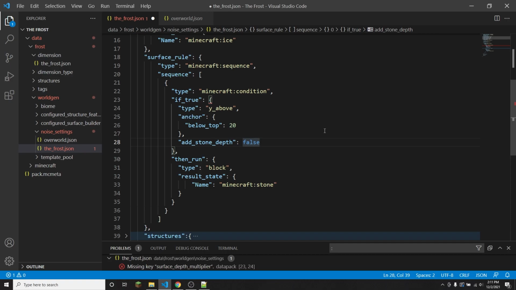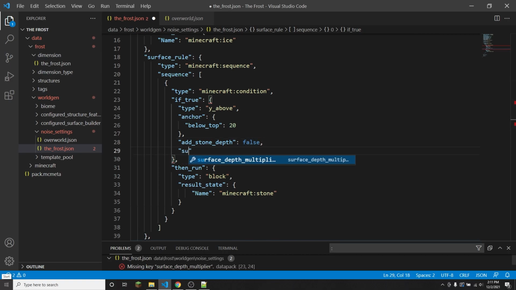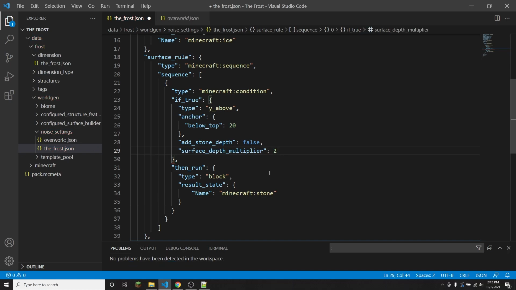So there are a few things that I don't 100% fully know about in this video, and that will be in a pinned comment in the comments once I have those figured out. And then after that, there's going to be surface_depth_multiplier. And this I also don't know. Well, it definitely multiplies something, but that is for if you only want to set a block above a specific